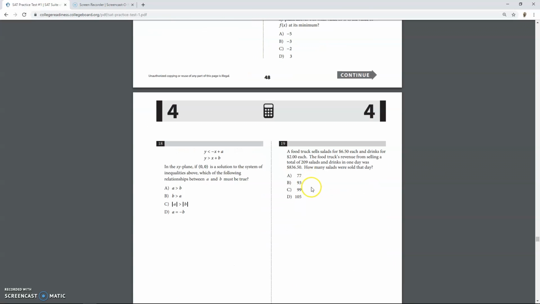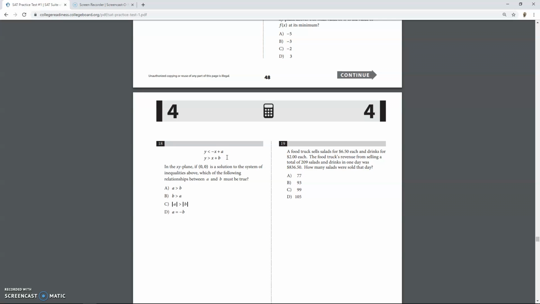For 18, it is asking which of the following relationships between A and B must be true. So here we know that y is smaller than -x plus A and y is larger than x plus B. And here we have 0, 0, which is a solution of the inequality. So we put the 0, 0 back into the inequalities, which gives us 0 is smaller than a and 0